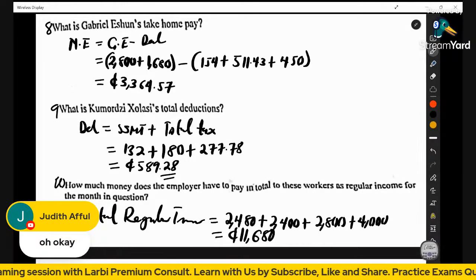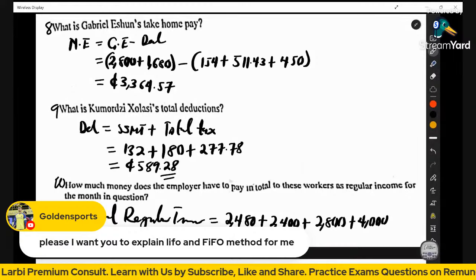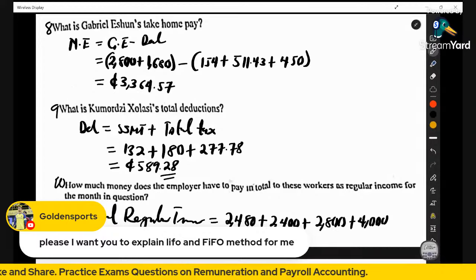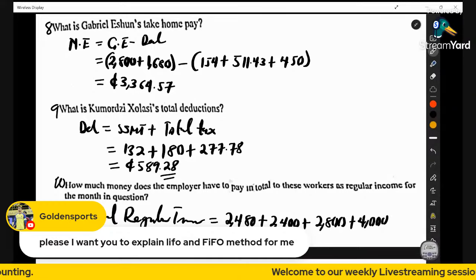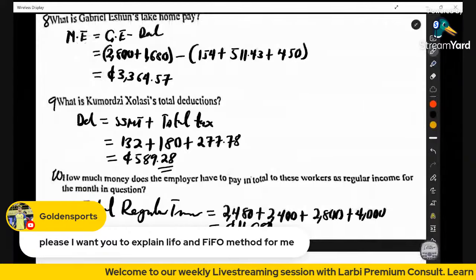So let me come back to Golden Spot. It's saying, please, I want you to explain the LIFO and the FIFO method. LIFO means last in, first out, and FIFO means first in, first out. So meaning that, for example, let's say